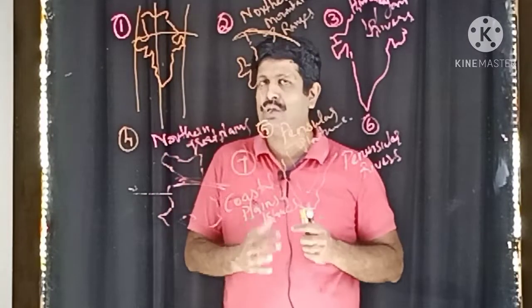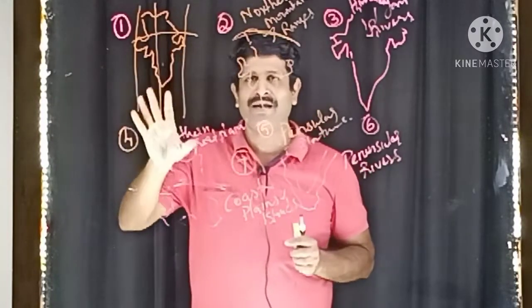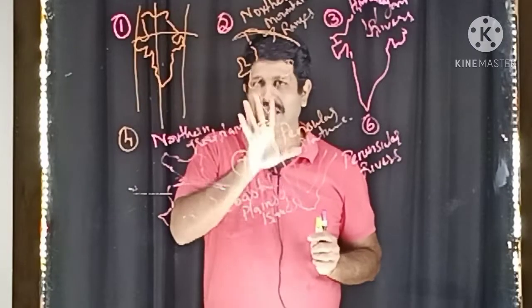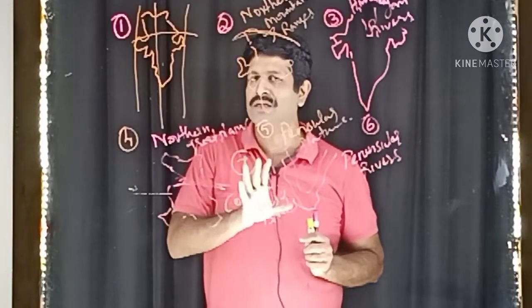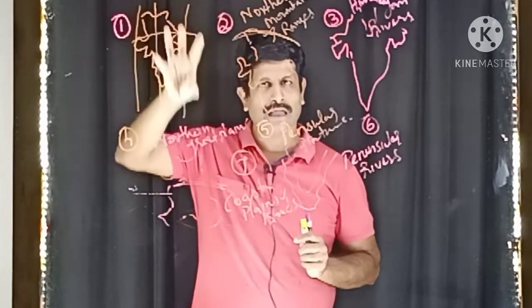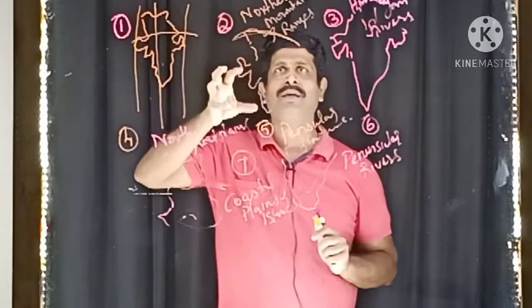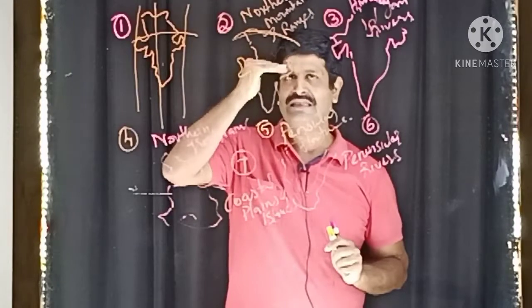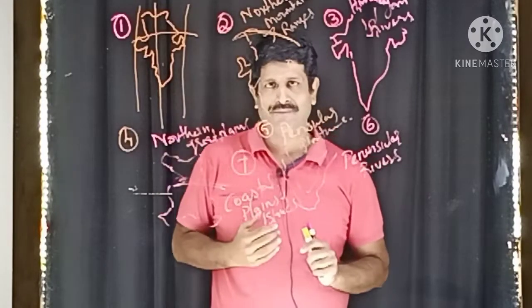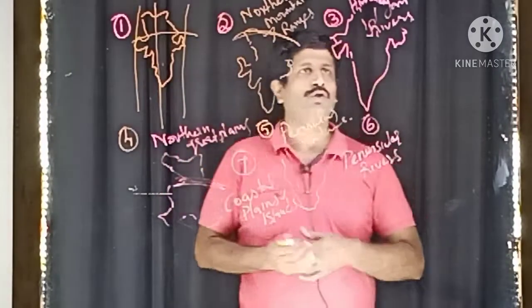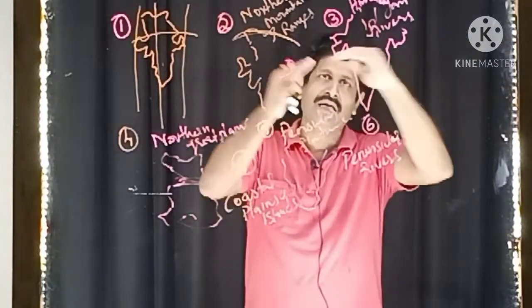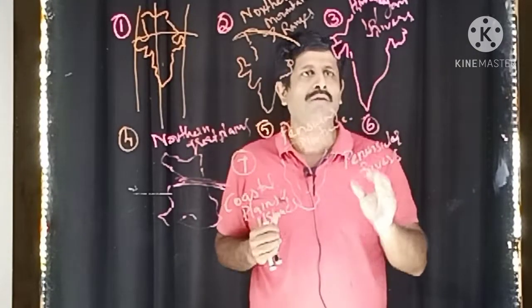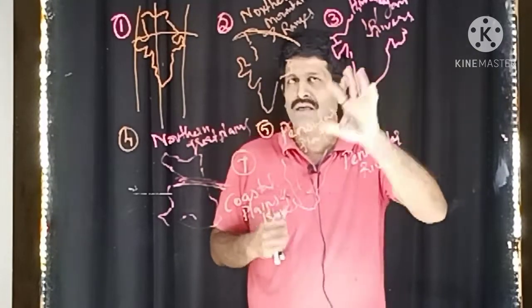Once again, I will give it to you. There are around 7 maps you have to do for this Land of Diversity. The first map is about the location. The second map is about the northern mountain regions: the Himalayas, the Shivaliks and the Himadri. Then the third map, you have to go through the Himalayan rivers. Only the Himalayan rivers you have to mark. The entire map should be there.